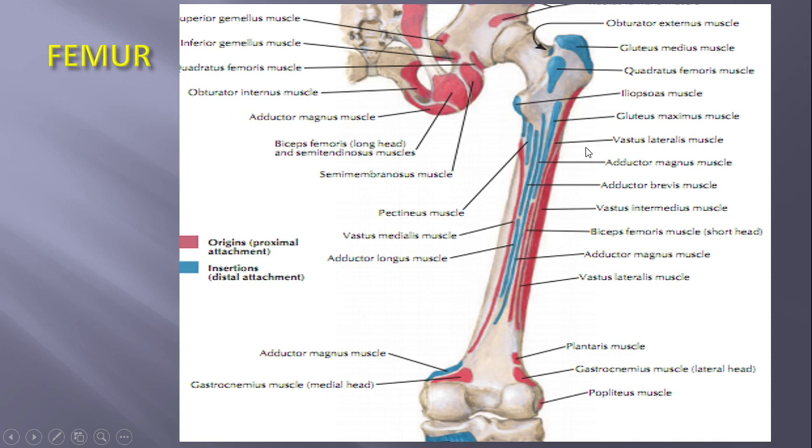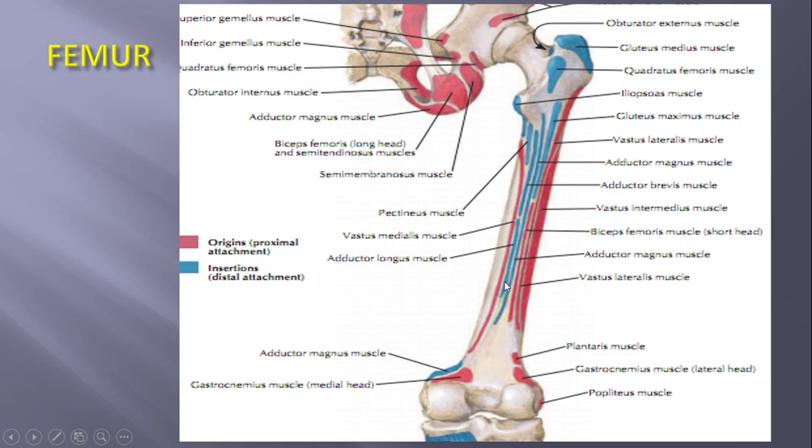Now coming to the posterior surface of the shaft, we'll have to look at the insertions or origins in a proper arrangement. You can see from the medial side, the vastus medialis muscle is extending on the spiral line and the medial lip of linea aspera. Next to that, pectineus muscle is attached on the upper part of the posterior surface. Then we can see that adductor longus and adductor brevis muscles are attached lateral to the vastus medialis origin on the intermediate area of